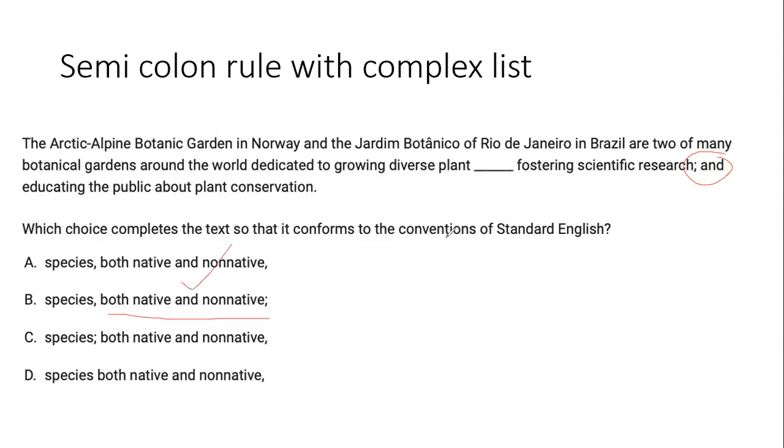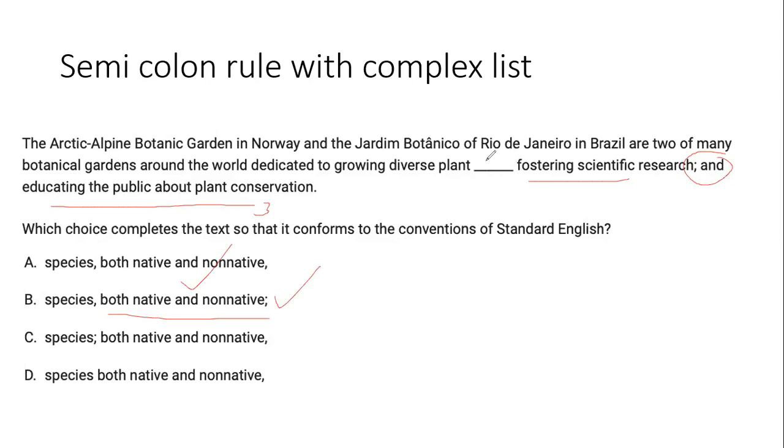This is one list. Fostering scientific research, this is the second one, and educating the public about plant conservation, this is the third. So we have three items in the list, and if you have to plug them together, we have to use semicolons for the complex list purpose, and this is going to be our answer,